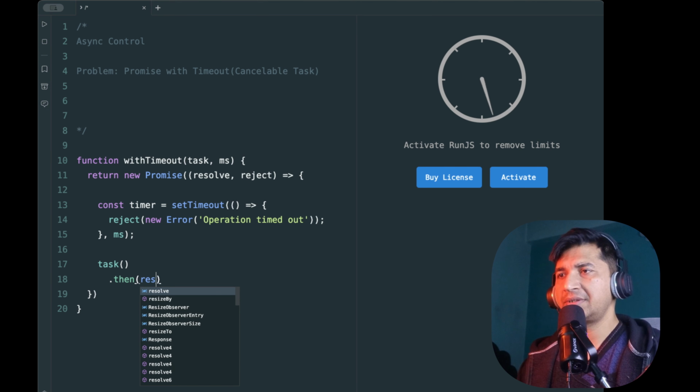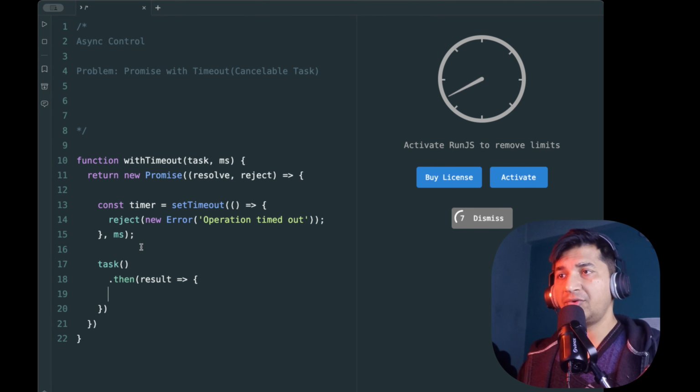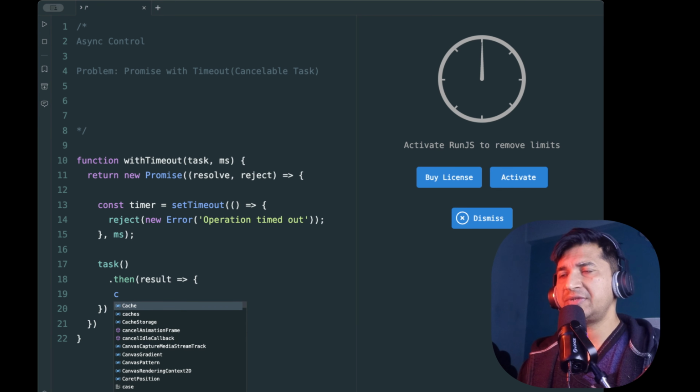Then we got our result before the millisecond you passed. For example, 500 milliseconds. Before this 500 milliseconds, we get the result in 300 or 400 milliseconds. First thing we need to do over here is to clear